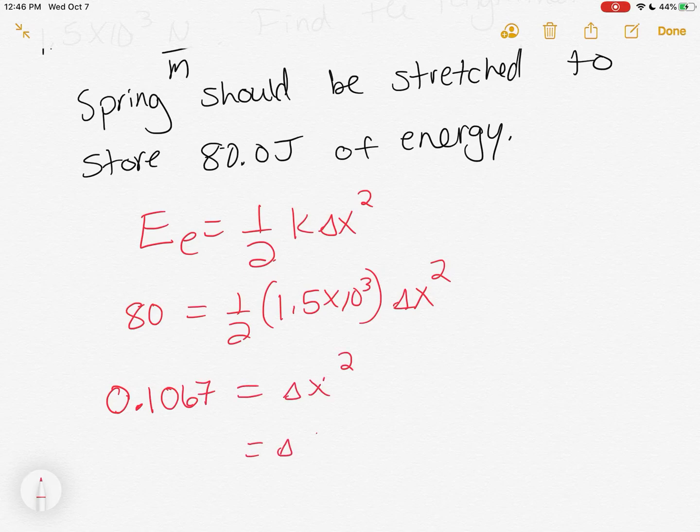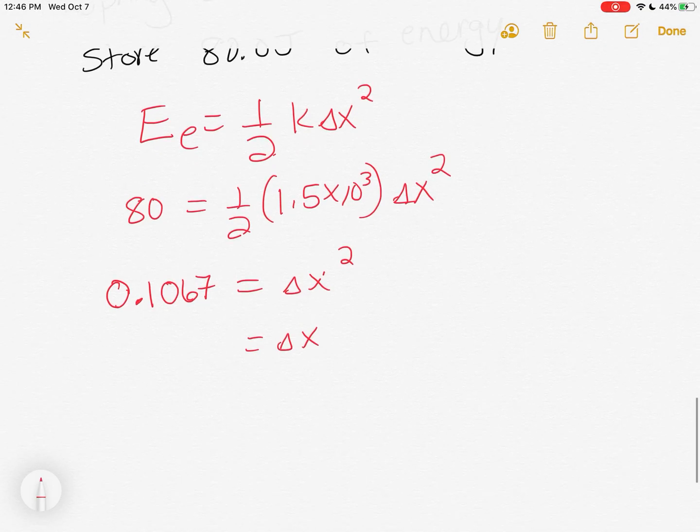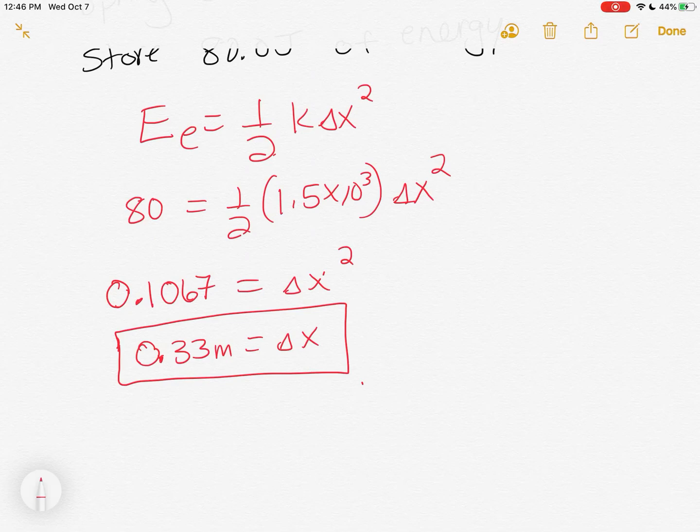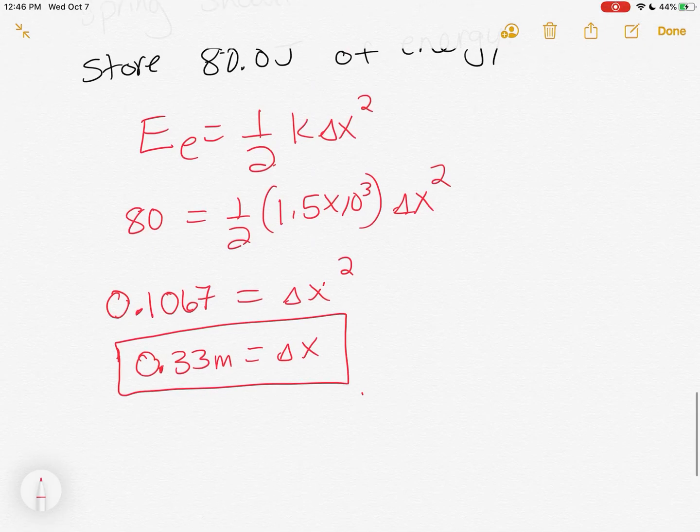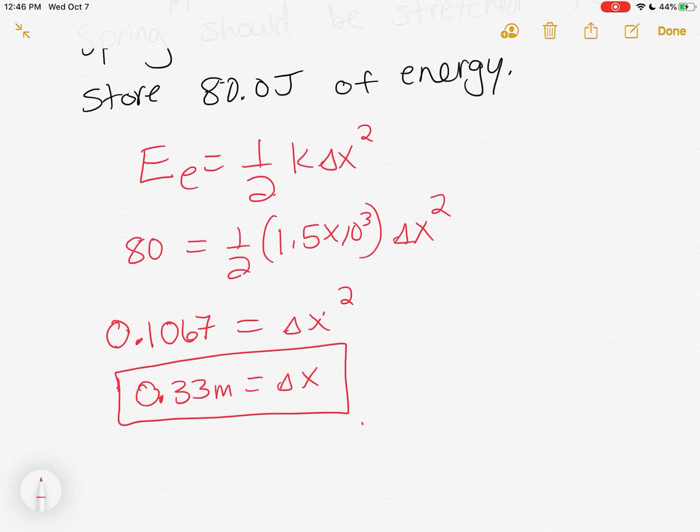And that's going to give us 0.1067 equal to our delta X squared. Then we're going to square root, and so our delta X is 0.33 meters. Okay, so that means that we should compress the spring or stretch the spring by 0.33